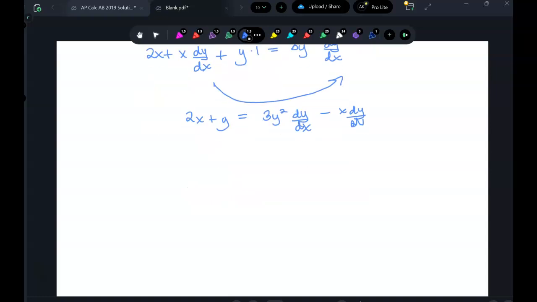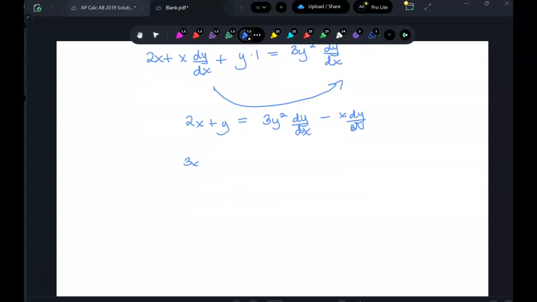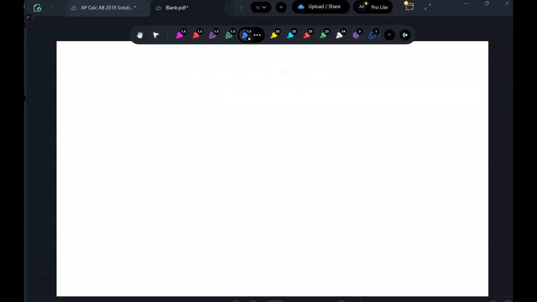Now we take the dy dx out. So then we're just left with 3y squared minus x. And then we divide by 3y squared minus x. Good. Okay. What if I give you